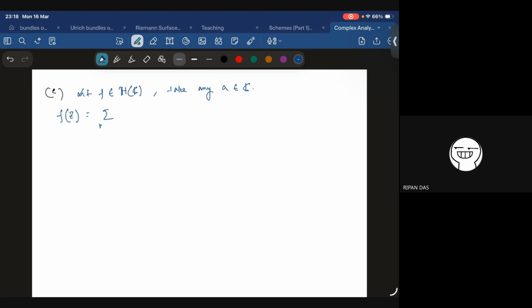Which is of this form. So if the irreducible